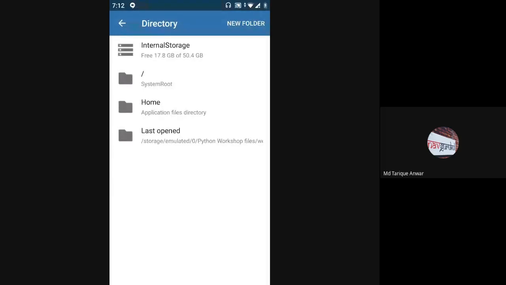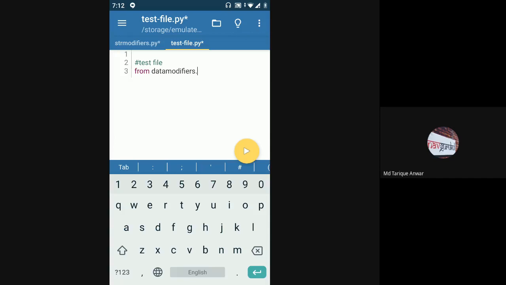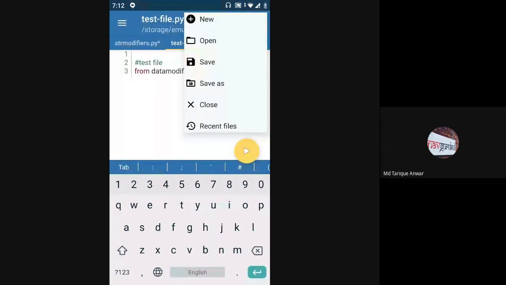So I'm going to import this from data modifiers dot str modifiers, import str modifiers. So from this data modifiers package, I'm importing str modifiers. I'll just save this, and here I am going to print this.